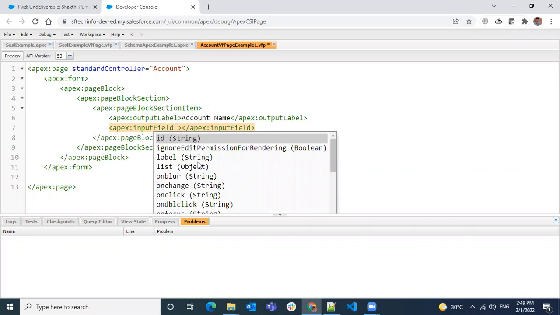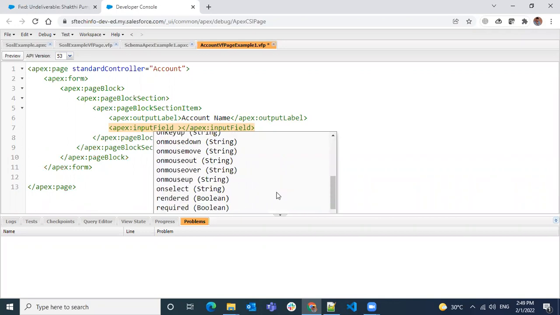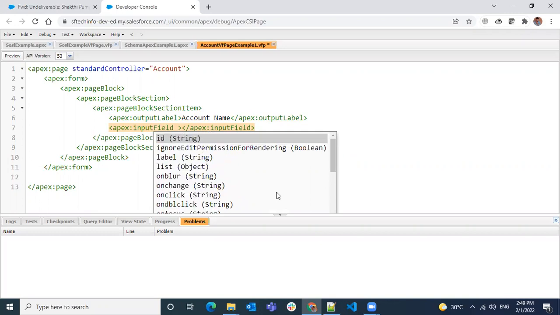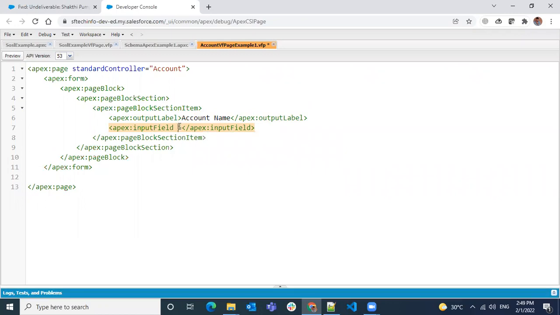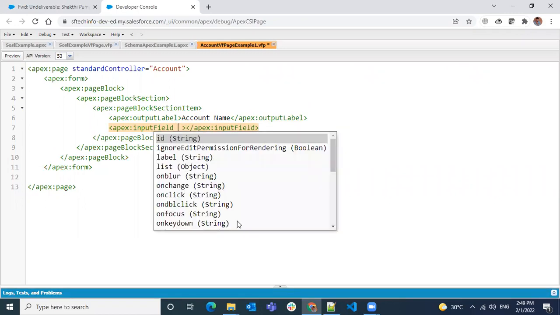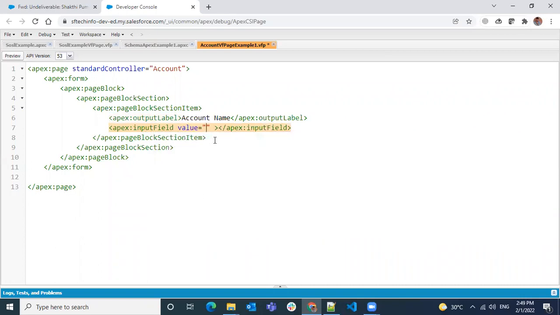Here I'm going to have a value or a field name. Let's say the value is account.name,